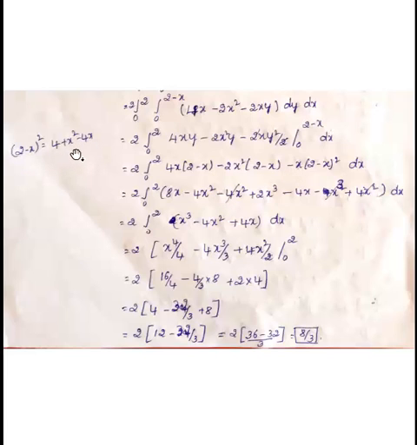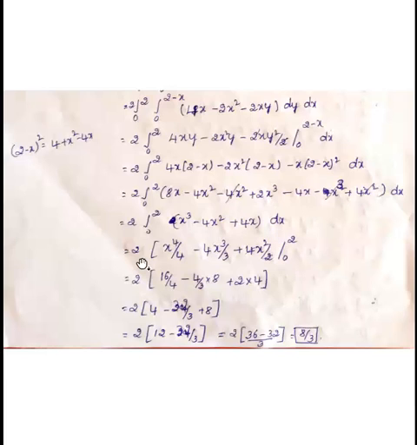Take the product of x into (2 − x) whole square. Here, minus into plus minus 4x, minus into plus minus x² into x is x³, minus into minus plus 4x² with respect to x. We have to simplify: plus 4x² minus 4x² get cancelled. Simplify the highest power of x term: 2x³ minus x³ is x³, minus 4x² as it is. For the x term: 8x minus 4x is plus 4x, with respect to x.